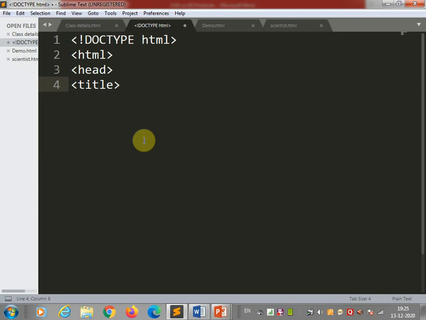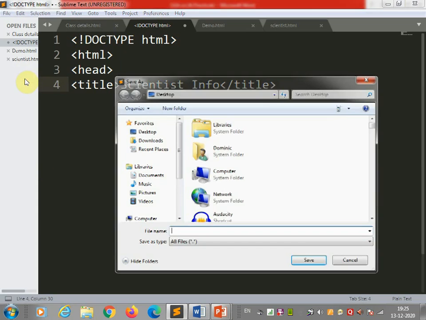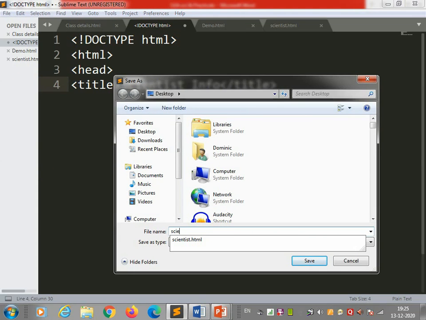Title, your title we can give because we are creating this web page of scientist information, so we can give the title scientist info and then close the title tag. Whenever you are writing the HTML code, save the file. While saving the file, you must save the file with the extension HTML